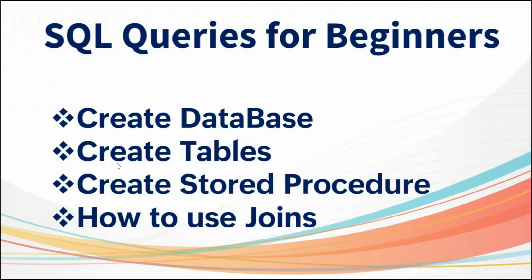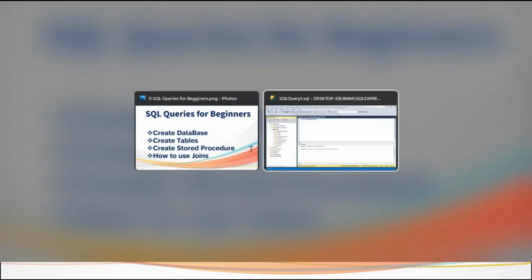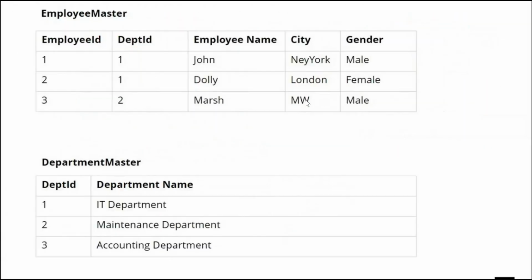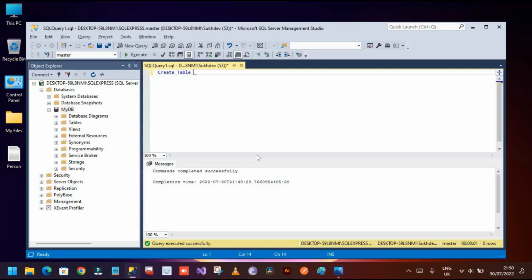So let's create the tables first. We have created the database, and after creating the database, we have to write a query for creating tables, like CREATE TABLE. The first table's name would be employee master. So we will create tables and records as per this screenshot. Let's create the table, CREATE TABLE employee master, and we will also give the field names like employee ID,